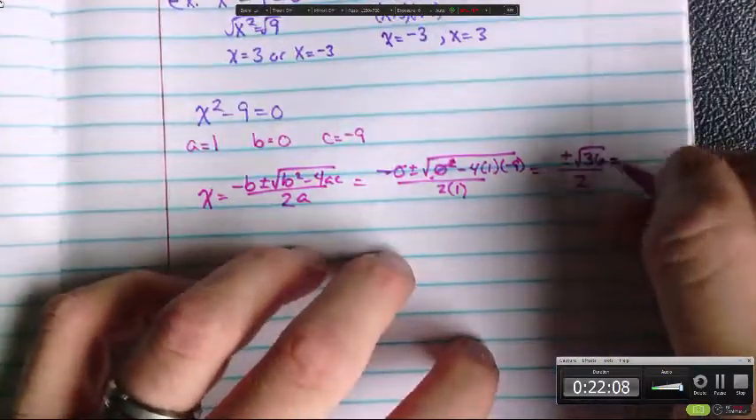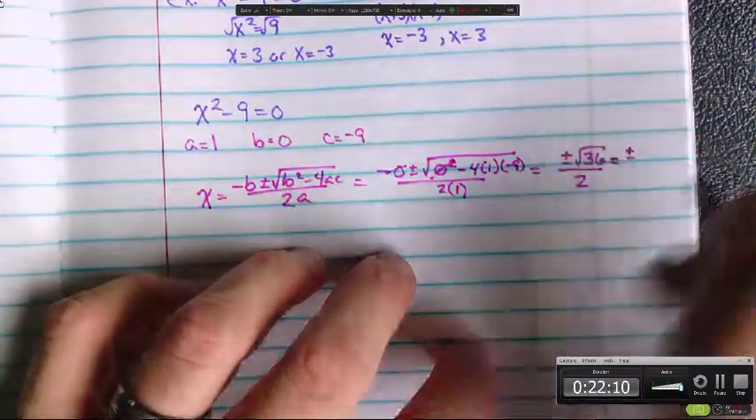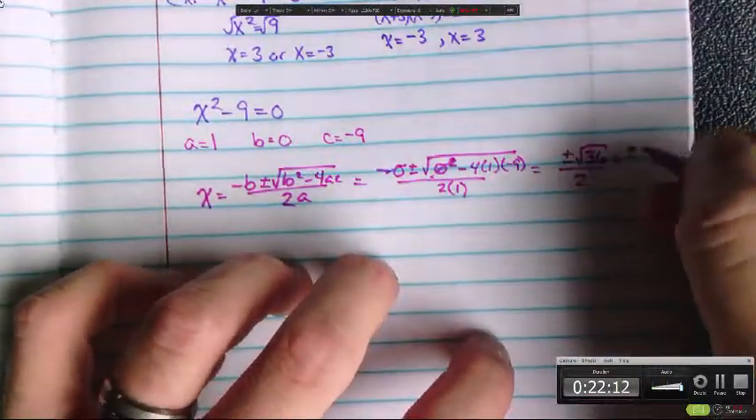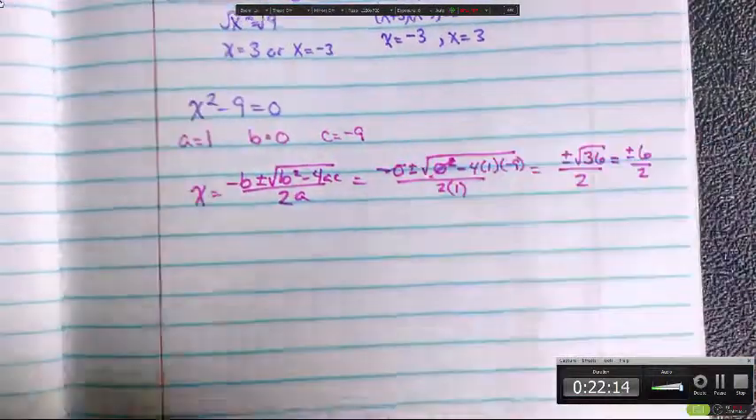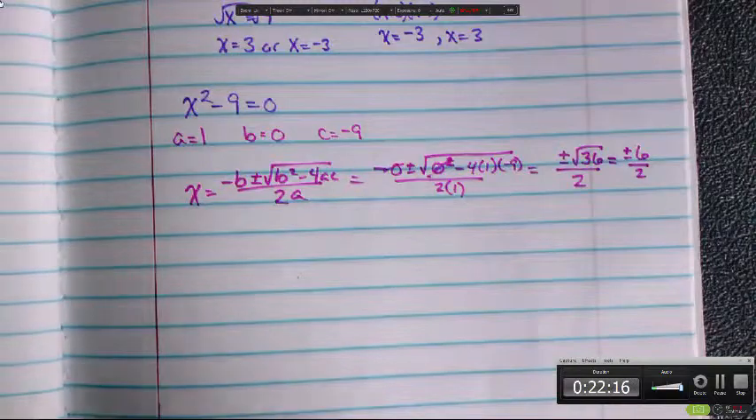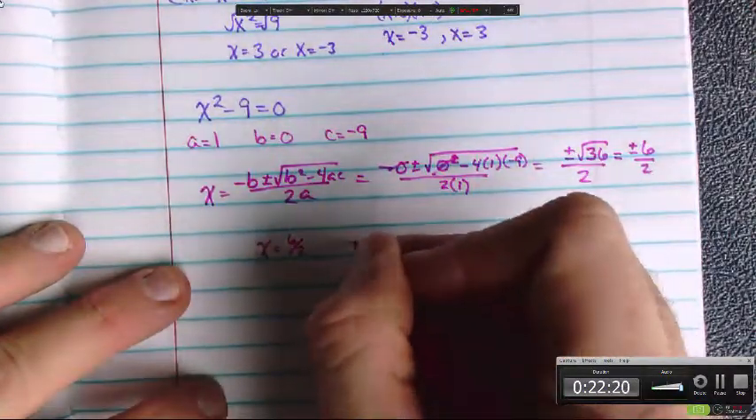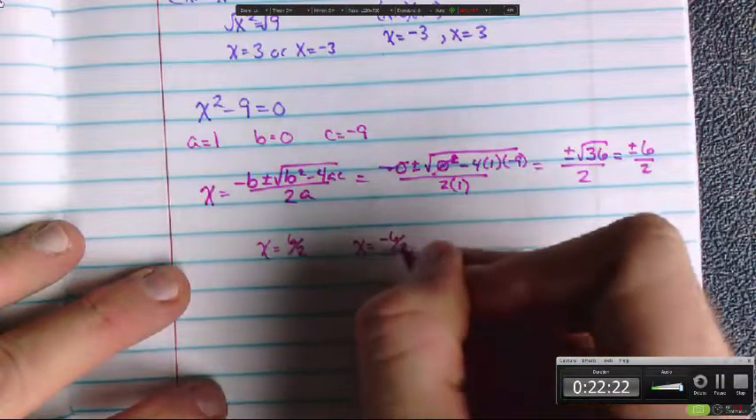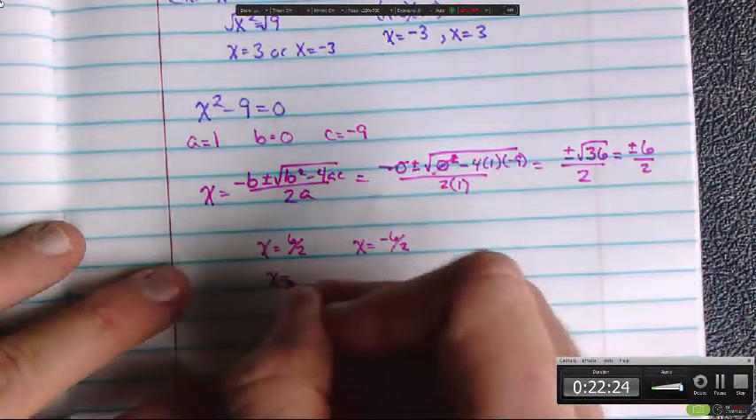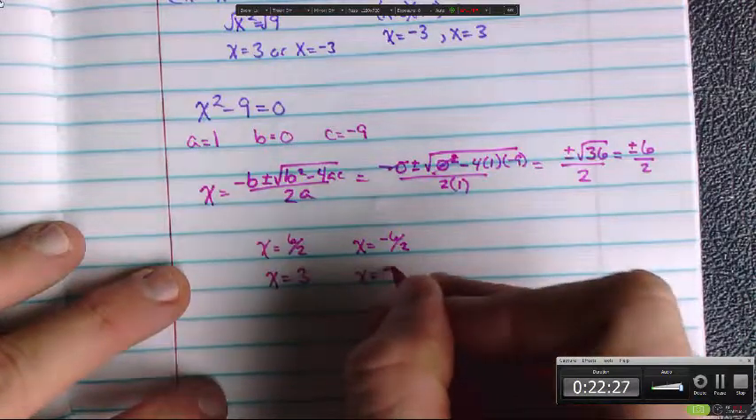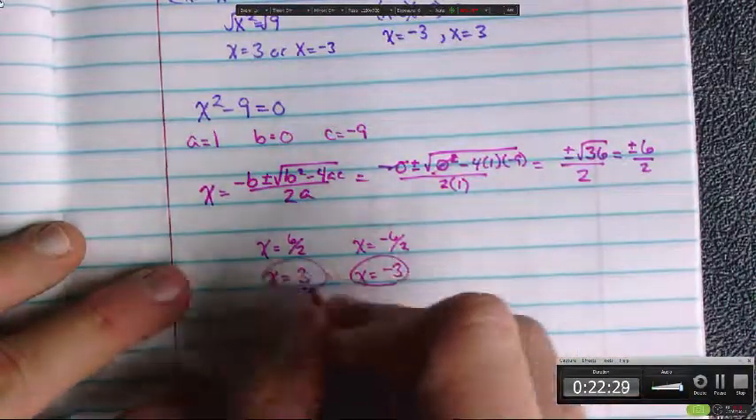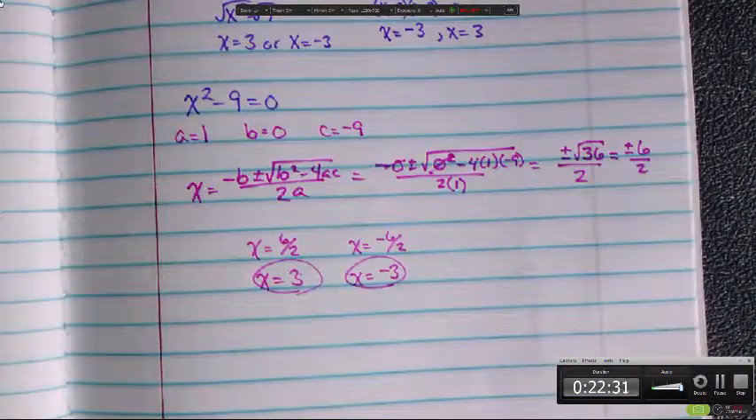Simplify your radical. What's the square root of 36 simplified? 6. So what we have is positive 6 divided by 2 and -6 divided by 2. So x is 6 divided by 2, x is -6 divided by 2, which gives us x is 3, x is -3. The same answers we get using factoring, the same answers we get using roots. So if you gave us a quiz like that, couldn't we just do the regular other